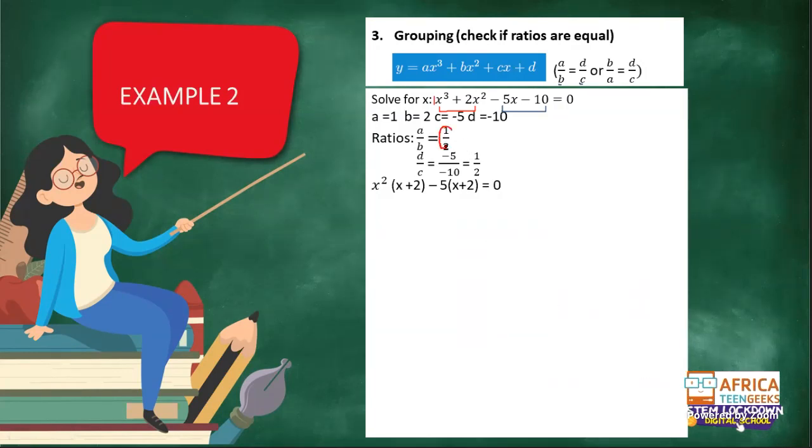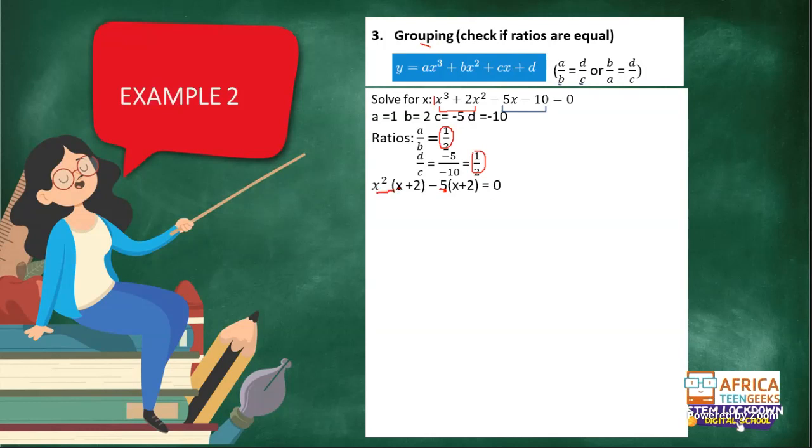So you find that the ratios are equal. Then you check, okay, which term can I factor out? In this case, you'll factor out your 5. Because when you group, you are actually trying to have a factor that will be common in both terms. Then you will factor out that term. So in this case, you'll factor out 5, then it will give you x plus 2 to check if you're fine. Then you'll check, okay, negative 5 times x, it's negative 5x. Negative 5 times positive 2, it's 10.